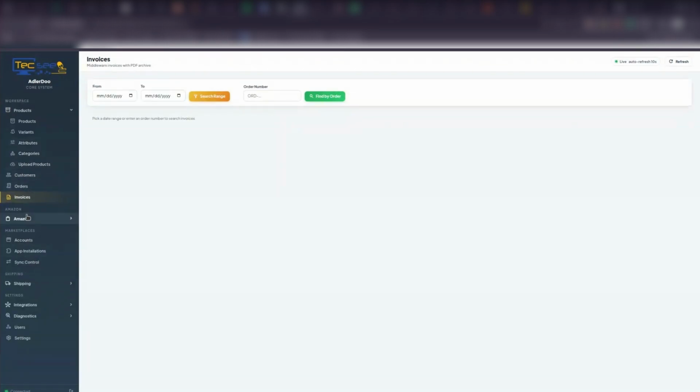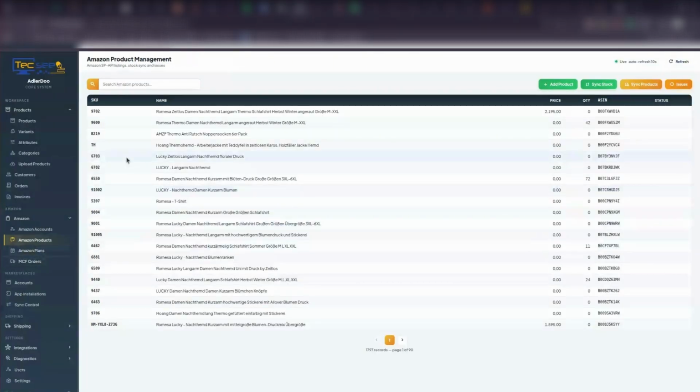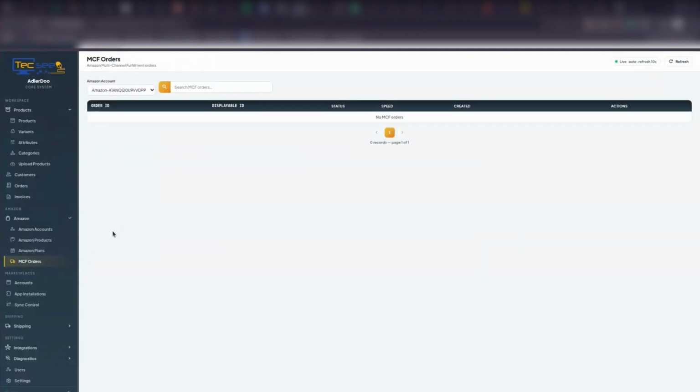Next, we move to orders and their details. Here, we have the customer details and the order details. After that, we have the order line details, followed by the total amount and payment details. For invoicing, once all orders are invoiced, they are recorded here so that we can later generate reports based on them. Now, we move to the Amazon section, the Amazon account data, and Amazon products, which includes 1,797 products with